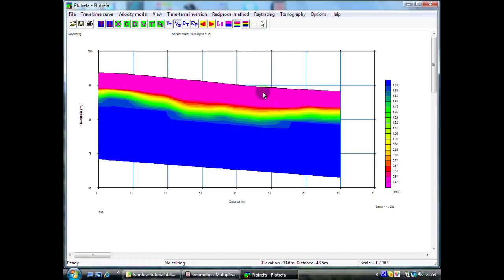The next thing I'm going to do is ray trace this data set, and the ray tracing will show us which points in the subsurface have actually been sampled. Where the data has been sampled, it gives us a much greater degree of confidence in the accuracy of the data, but we will see that certain parts of this model have not been sampled very well, and all that is happening here is the computer is actually filling in the data in between. So I come here to ray tracing, execute,